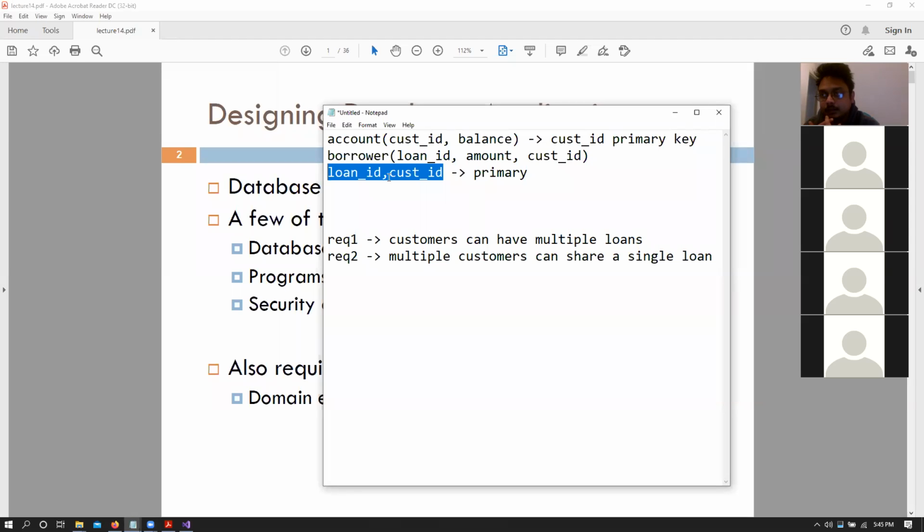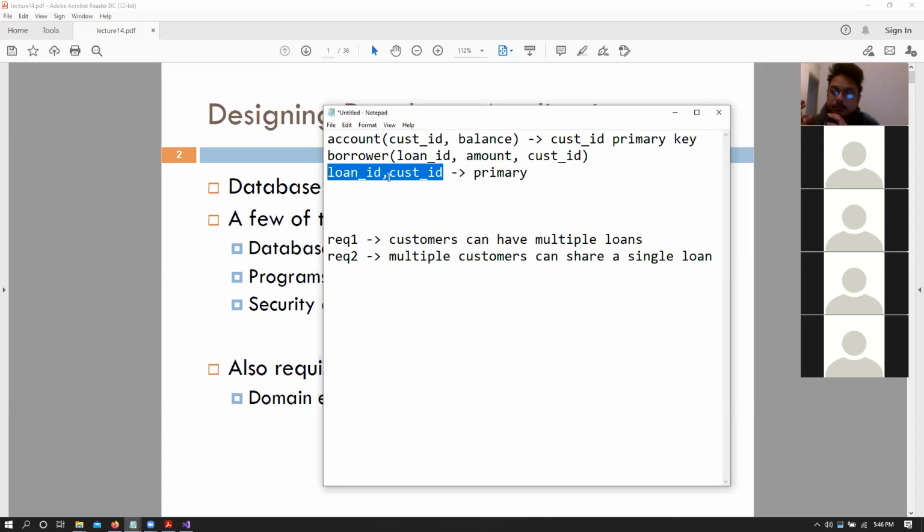And different requirements can have different keys or different constraints, right? I will expand on this a bit more, but let's give you an example. So let's talk about what we are going to talk about today. Today we are going to talk about something called an entity relationship model. In short, it is usually called an ER diagram, ER design or ER model, shortened ER for entity relationship, right? This is a diagrammatic abstraction of what your database would look like.